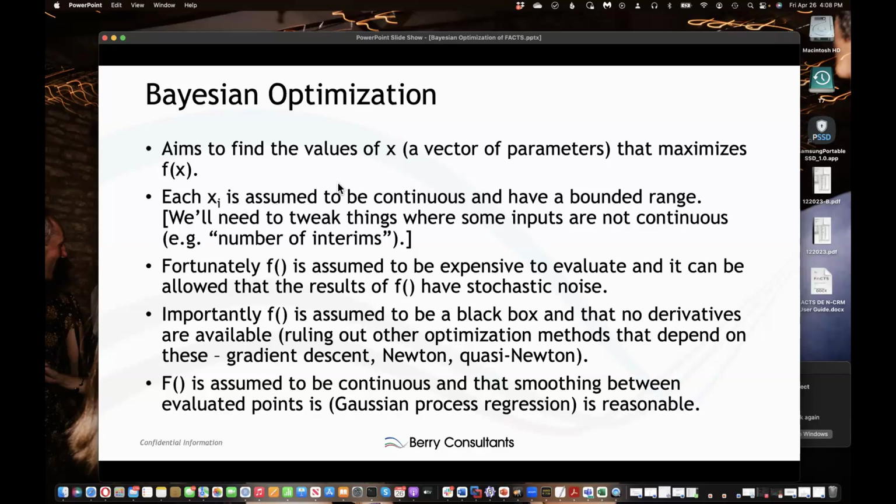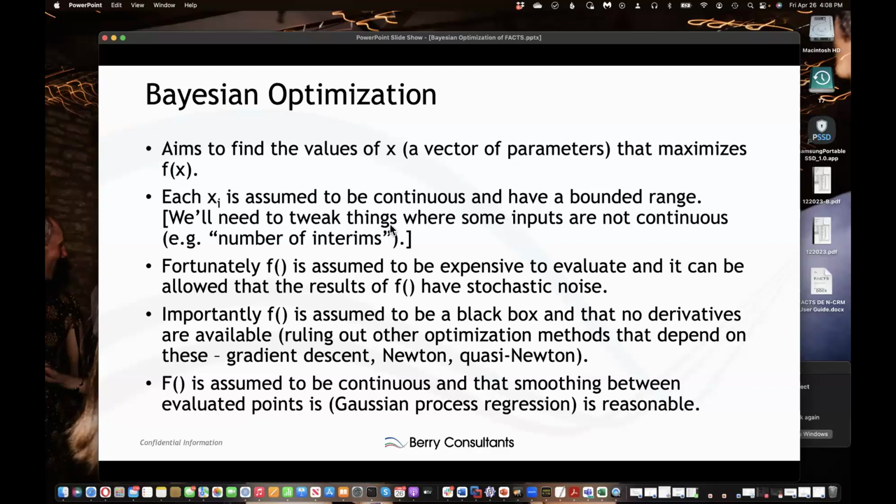Each of the parameters in x, each of the x sub i, is assumed to be continuous and have a bounded range. And we'll need to tweak things where the inputs are not continuous and are quite discrete. For instance, you might have a design where you're exploring a small number of interims, and maybe you want to explore having 1 or 2 or 3 or maybe at most 4 interims. So it's hardly a continuous